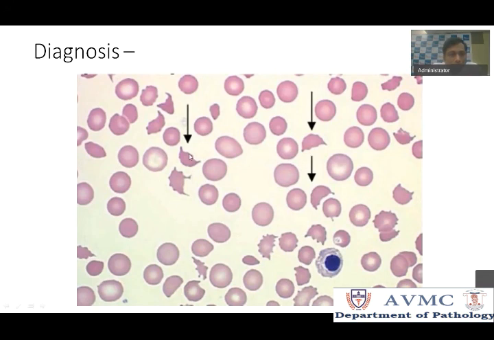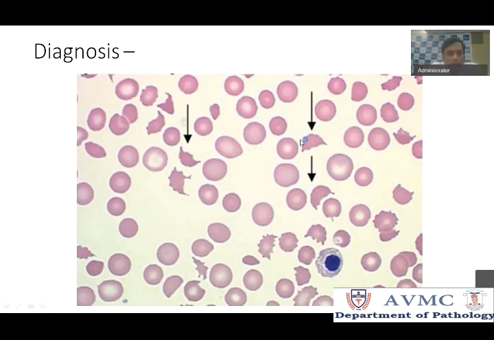What are these? These are nothing but RBC fragments. Some of the RBCs have ruptured, and those fragments are seen in the smear. These are RBC fragments, and we call these schistocytes. So you find a lot of schistocytes against the background of a hemolytic picture, and you don't find any platelets in the background. Have you observed? See, there's no platelet in the background. Hardly, I suppose one is here, but predominantly there are no platelets.